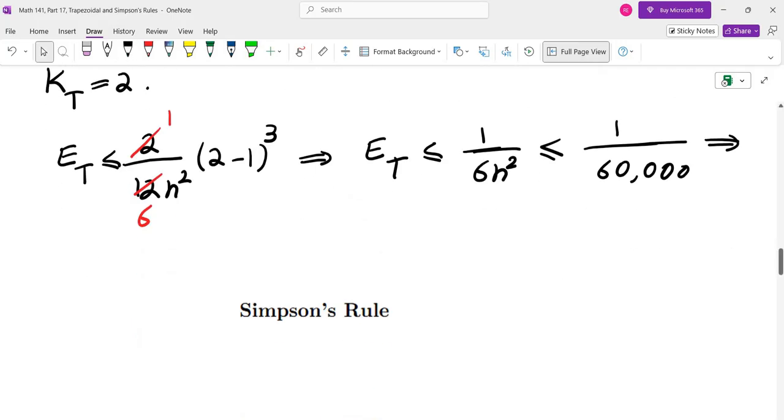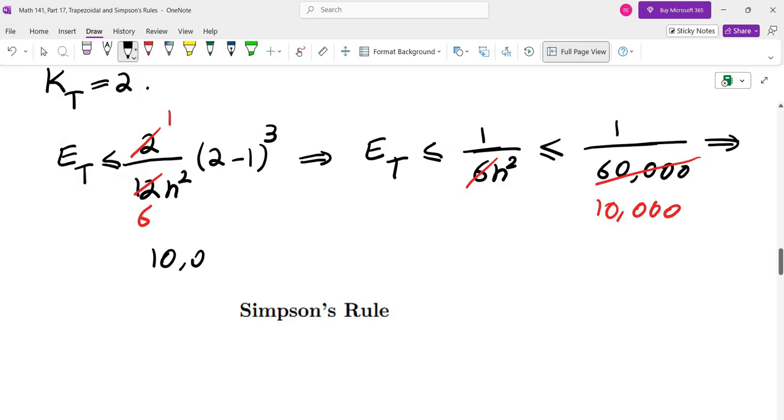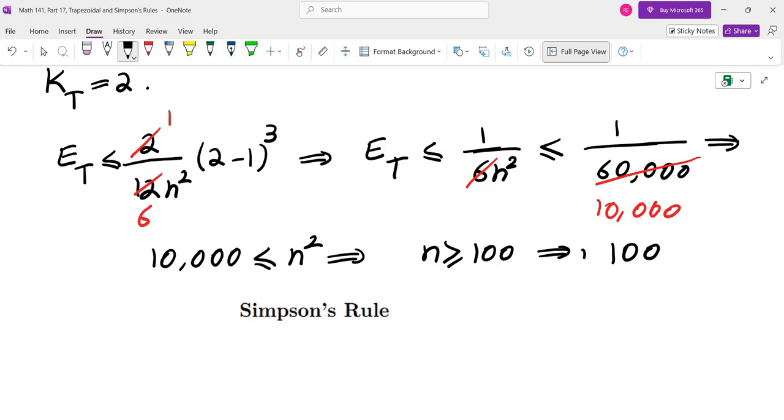So we are going to simplify 6. We get 10,000 on this side. So we are going to clear the denominators. We get 10,000 is less than or equal to n squared, which means n is at least 100. So the smallest value that we can use is n equals 100. So in other words, if I want to guarantee that my error does not exceed 1 over 60,000,